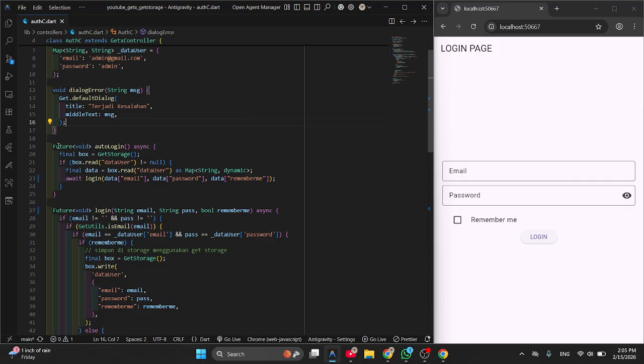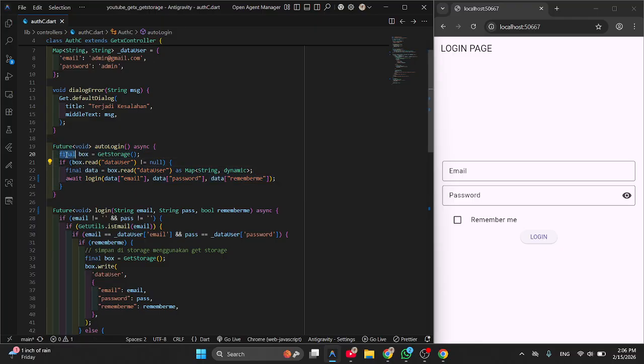There is a function to auto login. If I close the application and refresh it, for example if I already signed in and I refresh the application, the login function keeps me in until I sign out from the homepage, so I don't need to retrieve the authentication again.